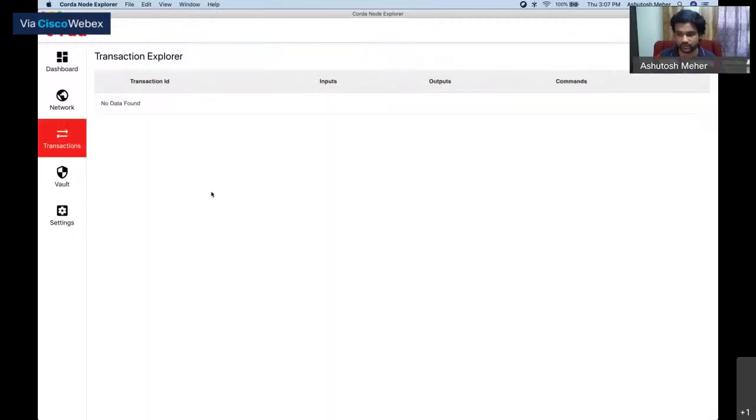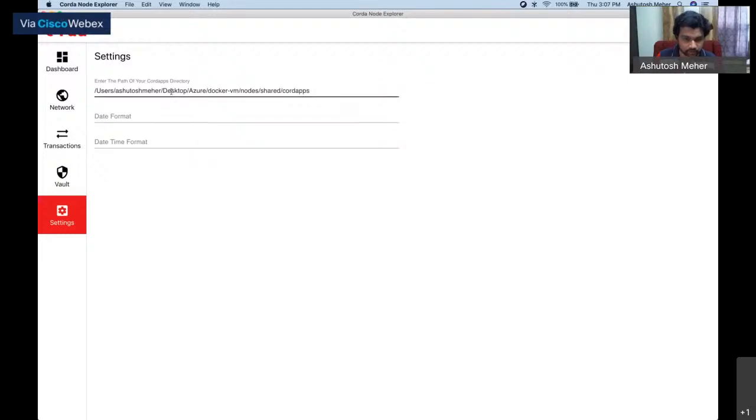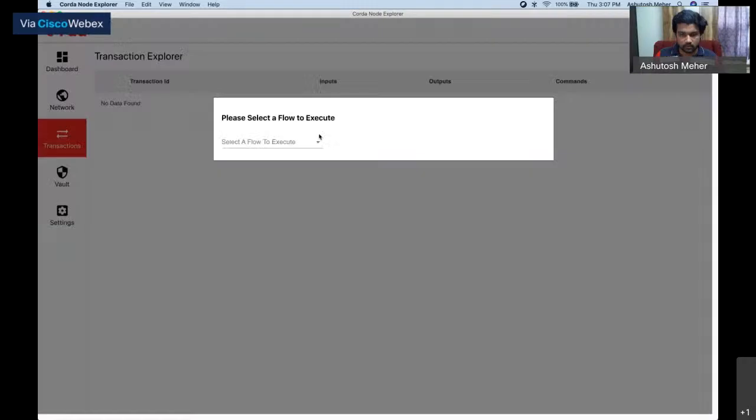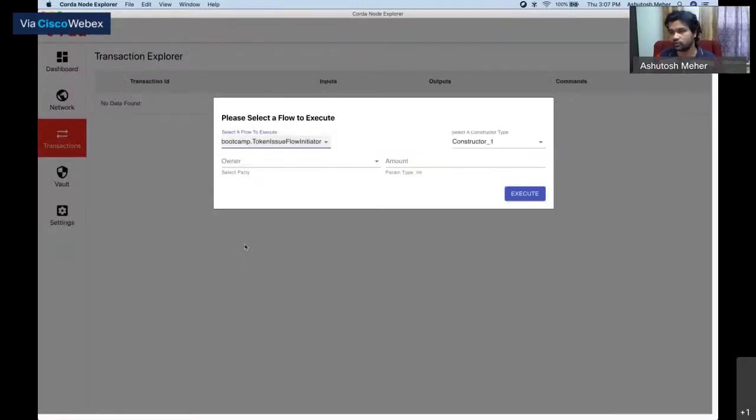Let's try and do a transaction, only if we have the correct path, I guess we have. It's a token issue flow, right? It's a bootcamp app which we built in a previous webinar, so everybody should be already aware of that. We are just issuing some tokens to the counterparty.